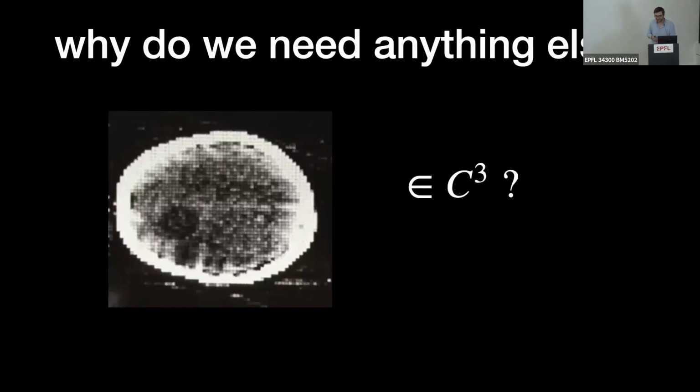Certainly Hounsfield never asked, does this brain have 3 continuous derivatives, or is there a probability distribution of brains? And maybe I can get many, many samples of them and estimate this probability distribution and then build a model of the brain. No, he just used what he knew about physics at the time.